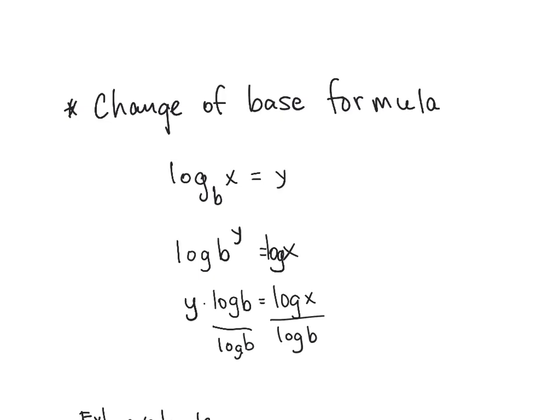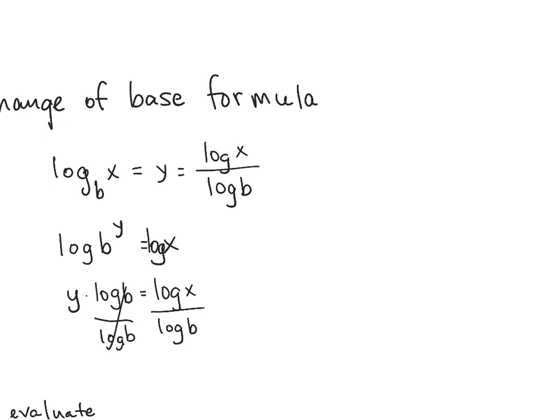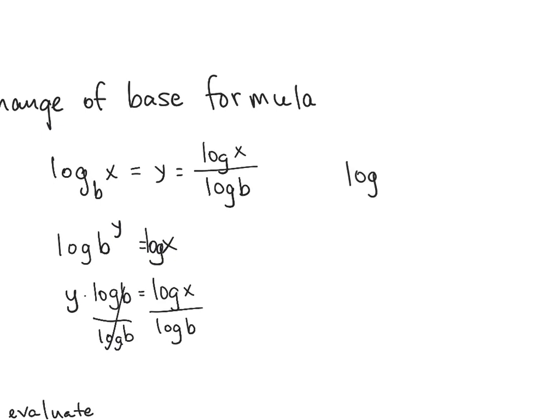And now I have the value of y, because that cancels. So the value of y is log x divided by log b. And that is the change of base formula. Here, let me write it a little more cleanly. If you have log base b of x, you can change that into common log of x divided by common log of b. And that may not seem very significant, but going back to the example we were looking at,